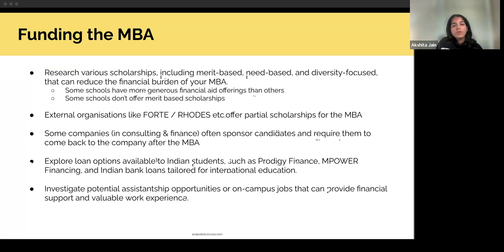One option that a lot of people use is having their companies or their past employers sponsor them for the MBA. So if you're coming from a consulting firm like McKinsey, Bain, BCG, or even banks, even finance companies, they will often give you the chance to go to your MBA. They'll pay for it and then have you come back to that company after your MBA, and you can either pay off that loan